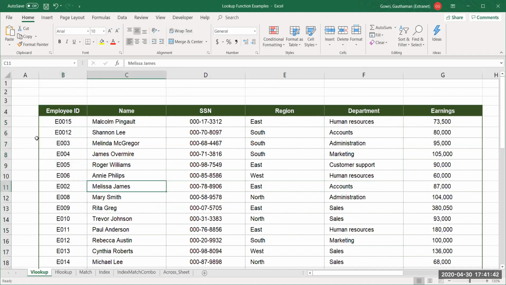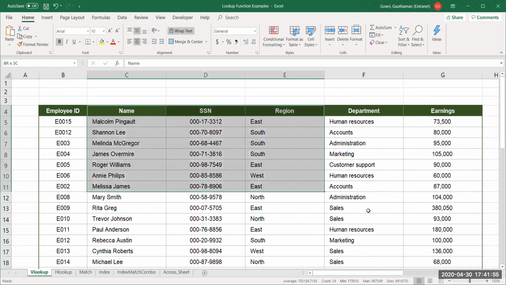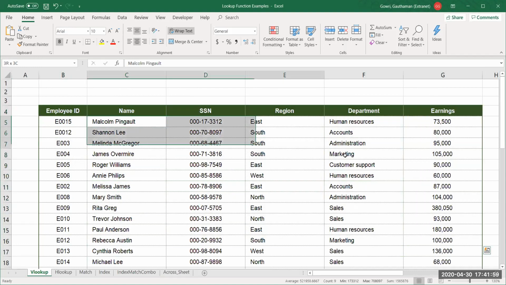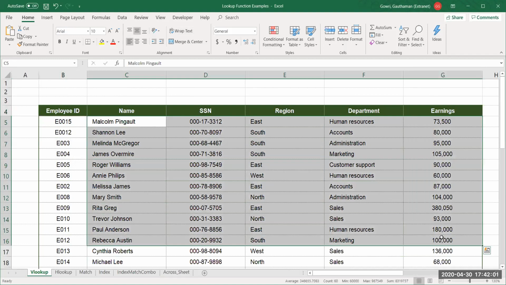Now if I have some data which is on the left hand side of this lookup value, it will not get me that data. So VLOOKUP and HLOOKUP can only fetch the data in a single direction, that is only from the right side or the bottom side. If you are using HLOOKUP, it will get you the details below the topmost row. So it can look only in a single direction, either VLOOKUP or HLOOKUP. This is a major problem.